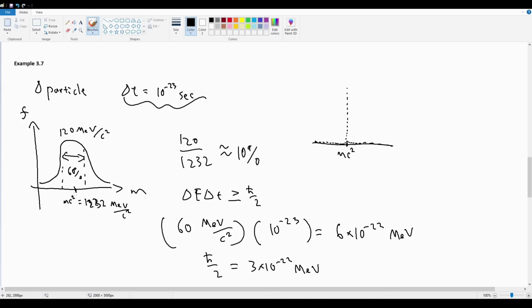But for something like this, where delta T is so small, the corresponding delta E has to get way larger. So because of that, the uncertainty in energy corresponds to an uncertainty in its mass. So now all of a sudden this bell curve gets way wider because delta E is so much bigger now to compensate for the fact that delta T is becoming so much smaller. And I believe with that